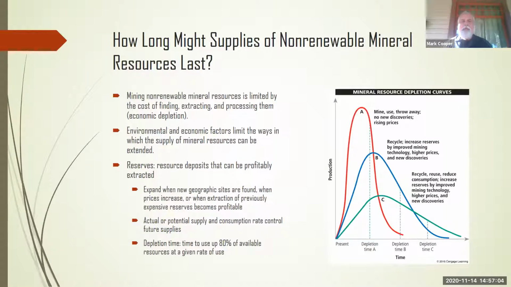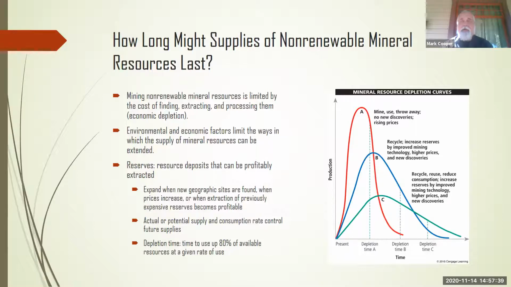And so they talk about depletion time, and that number varies. I'm not really giving you a number, because it depends on how we do it. Do we just use raw minerals and ores? Our depletion time is going to be fairly quick. If we are trying to recycle, then it's going to be a little bit slower. And if we're recycling, reusing, reducing consumption, and all those things that we talk about, the 5 R's, it'll be even longer.